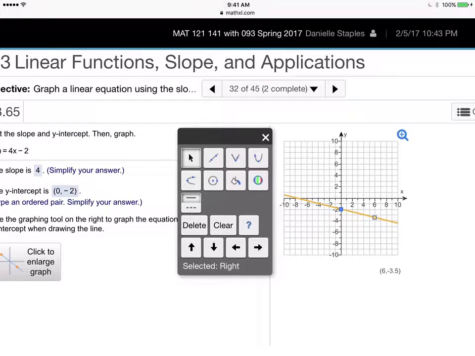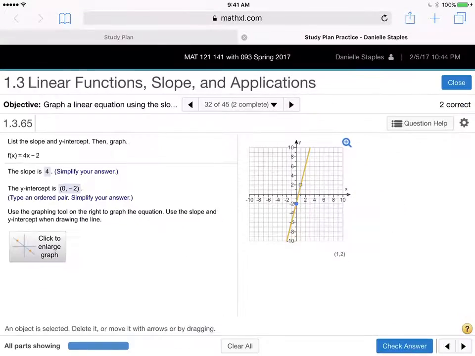I'm going to select my other point. And I need it to be 4 spaces above the -2 and 1 space to the right of -2. So again, I'm just going to use my arrow buttons in that little window that popped up to get it in the proper location. And I'm going to watch my ordered pairs change until I know I'm in the right spot. I was previously at -2 and I needed to go up 4, right 1. So 1, 2 should be the right location. And I can check my